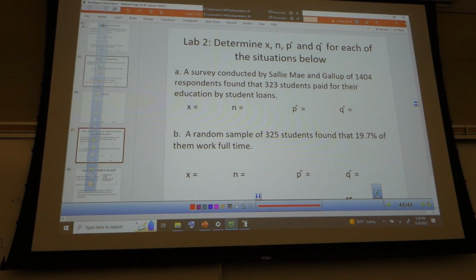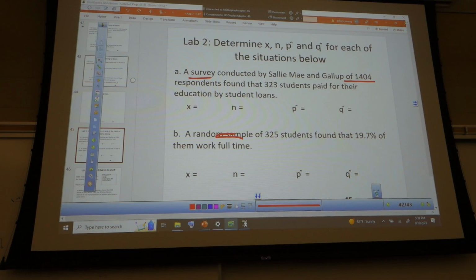Okay, so the first one, survey conducted by Sally Mae and Gallup, survey of 1,404 people. So this is a survey of 1,404. That's my n. Found that 323 students. This is my number of yeses,